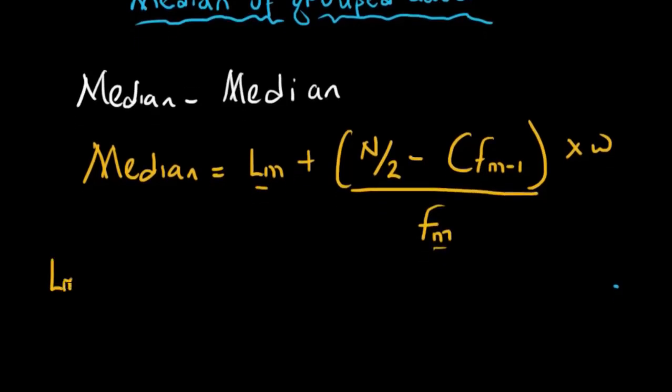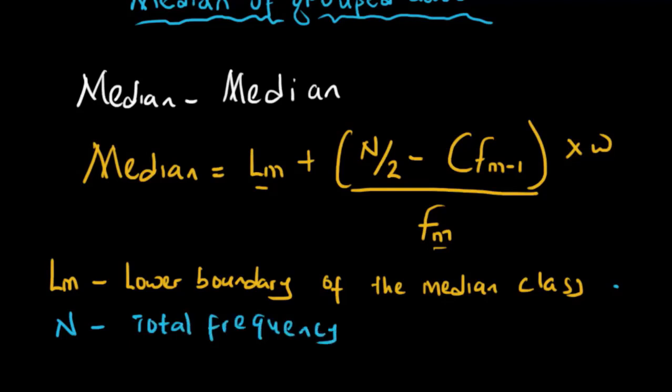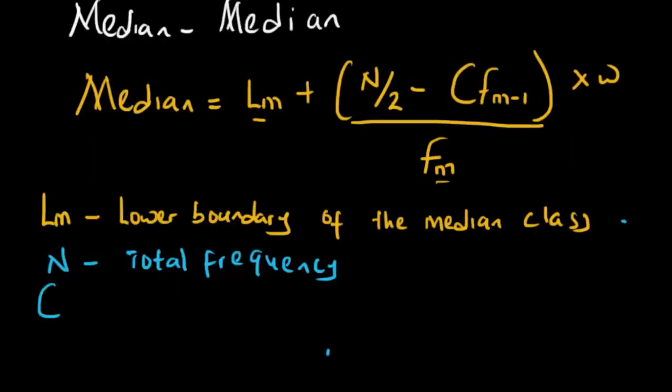So we've got LM. LM is the lower boundary of the median class. Then we've got N. N is the total frequency. Then we've got CF m minus 1. Now this is the cumulative frequency, CF,